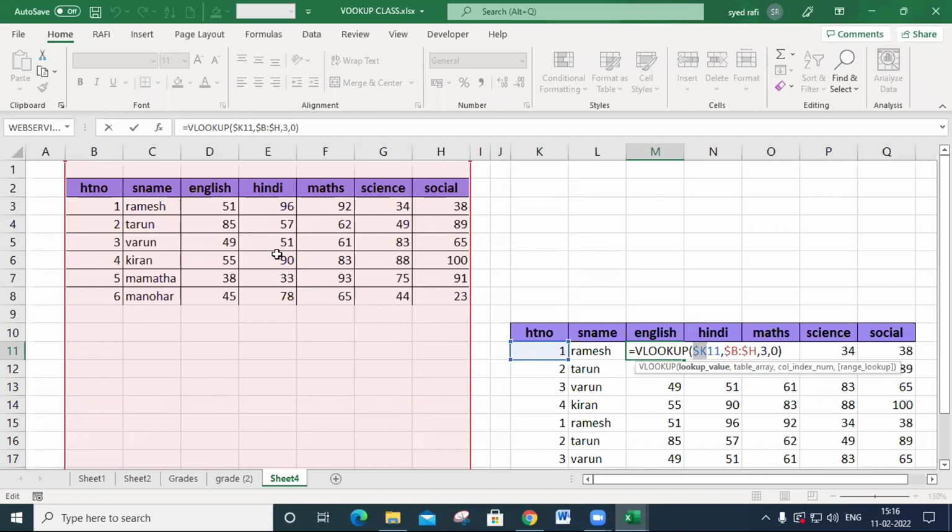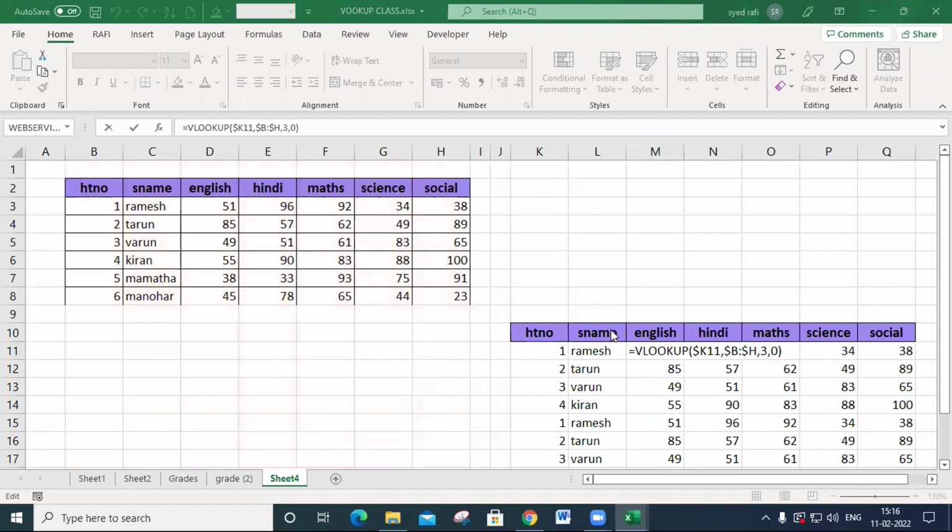That's why you must remember these two points in VLOOKUP. If you have any doubt, yes, very good, no doubt.